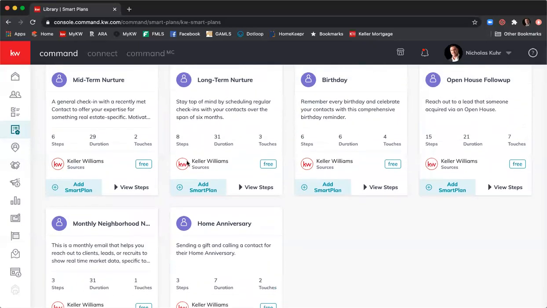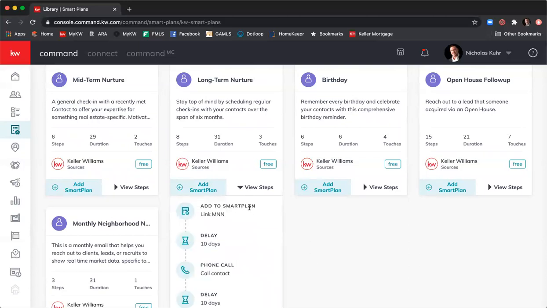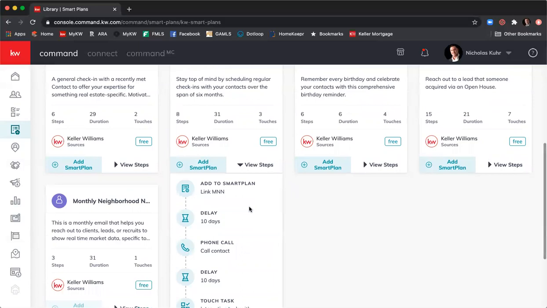The next is the long-term nurture, and this is going to be very similar to the midterm nurture, but this is going to be more for someone that's looking to buy maybe in 6 to 8 months. So they still want to know exactly what's going on in the market, but they're not as pressured. It's not as time sensitive for them. So for this, we'll add them to a monthly neighborhood nurture. So rather than getting those emails every 2 weeks of what's going on in their neighborhood, it'll just be once